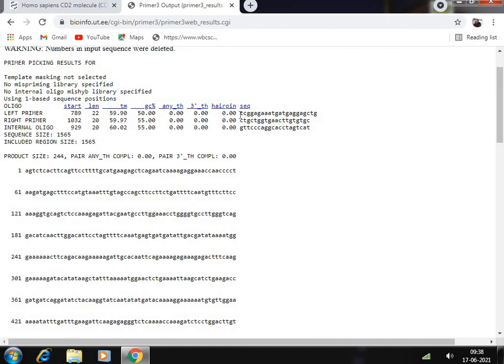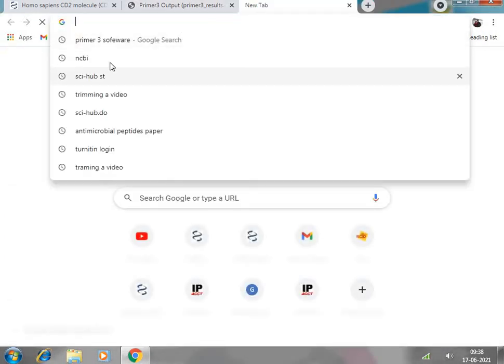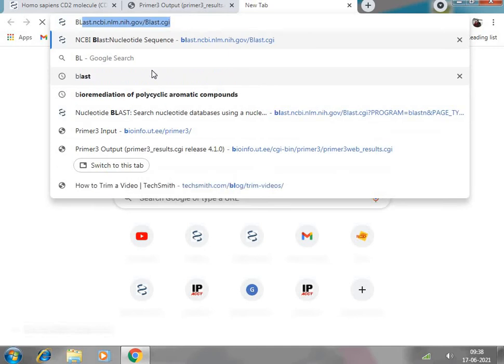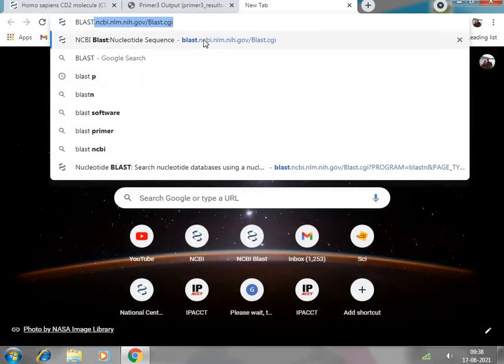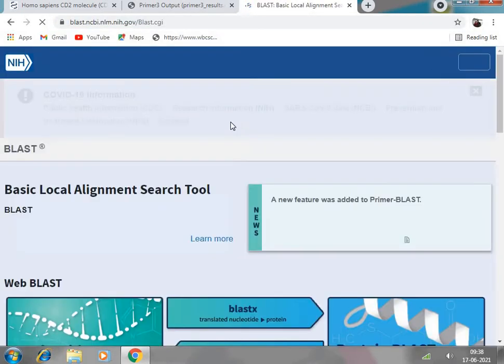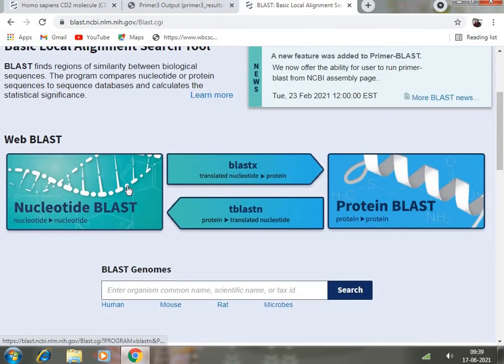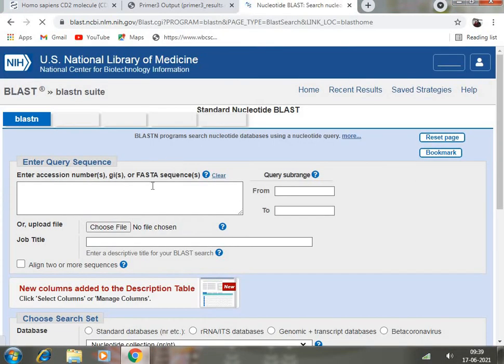So we can select the left primer to check whether this left primer is actually recognizing that particular gene, not any other gene, and that is why I am also going for the NCBI BLAST website once again, doing it in a similar way. So go for the nucleotide BLAST.